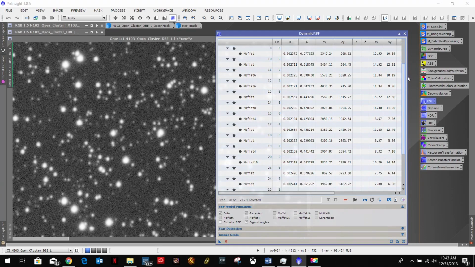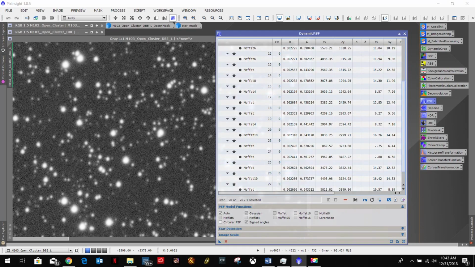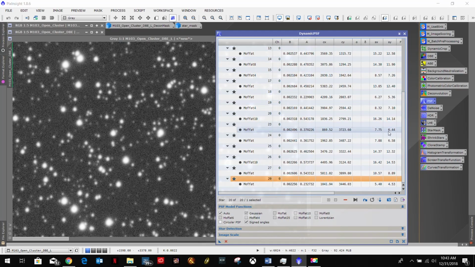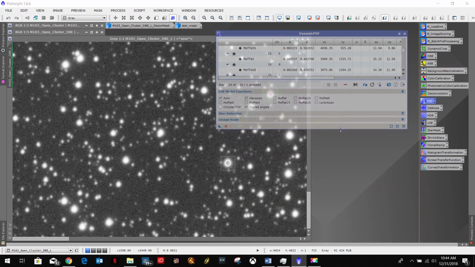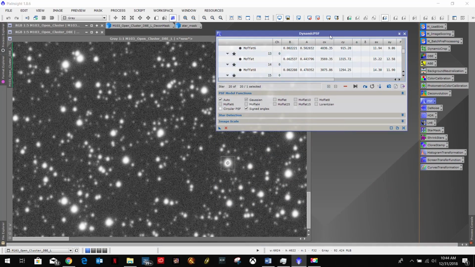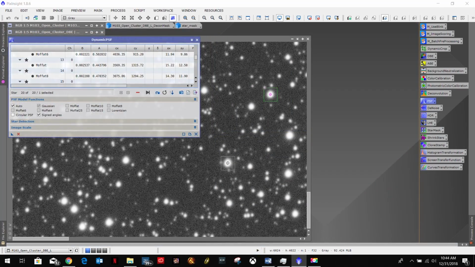Even though I was checking each star as I selected it, I always like to go back and double check it just to make sure. So everything is Moffat and everything is above a 0.2 and below a 0.8. So let's go back down, move you over,